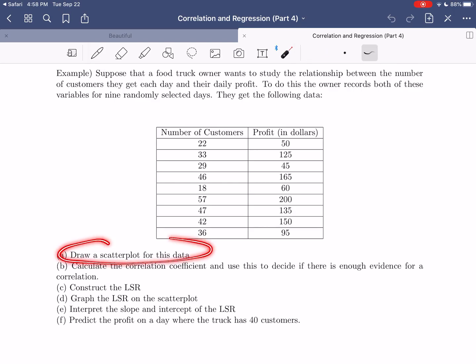To start off with, we want to draw a scatter plot for this data. So we need to identify which should be explanatory and which should be response. This should hopefully be becoming a little bit easier, but of course we would think that the number of customers might impact the profit you make. It wouldn't make sense to say that the profit impacts the customers, right? Chronologically, that's out of order. We think that the number of customers who show up should probably impact your profit. So this will be